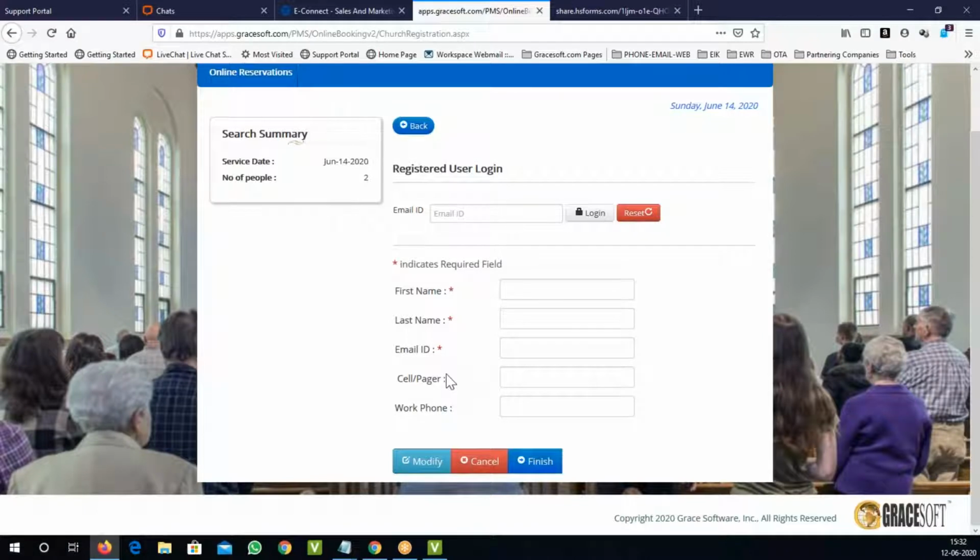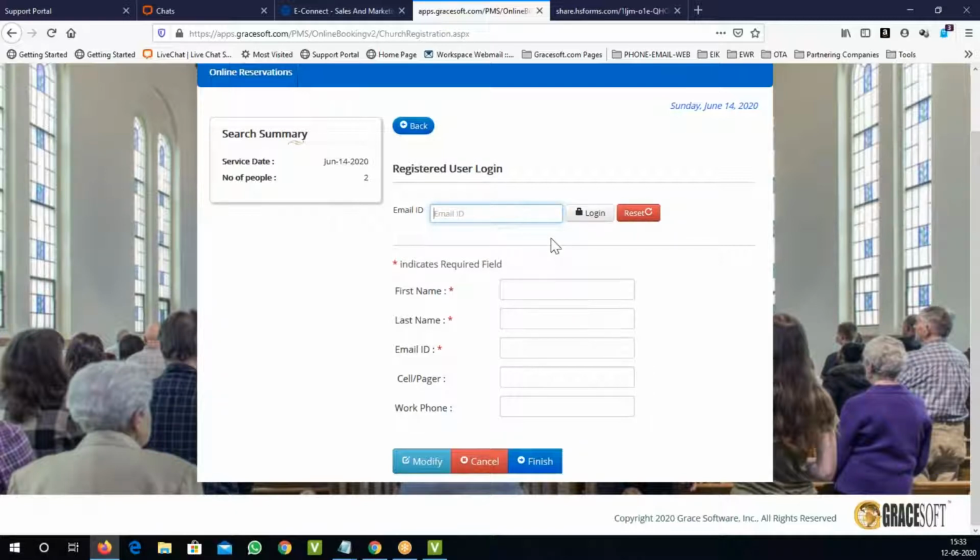That's also customizable. You can add extra fields that can be added automatically. You can just say, I want to know their address, I want to know whatever you want to add to this. It can be added. And then once the person comes and registers, then the next time they don't have to register, they would just put in their email information and click on login, and that would automatically